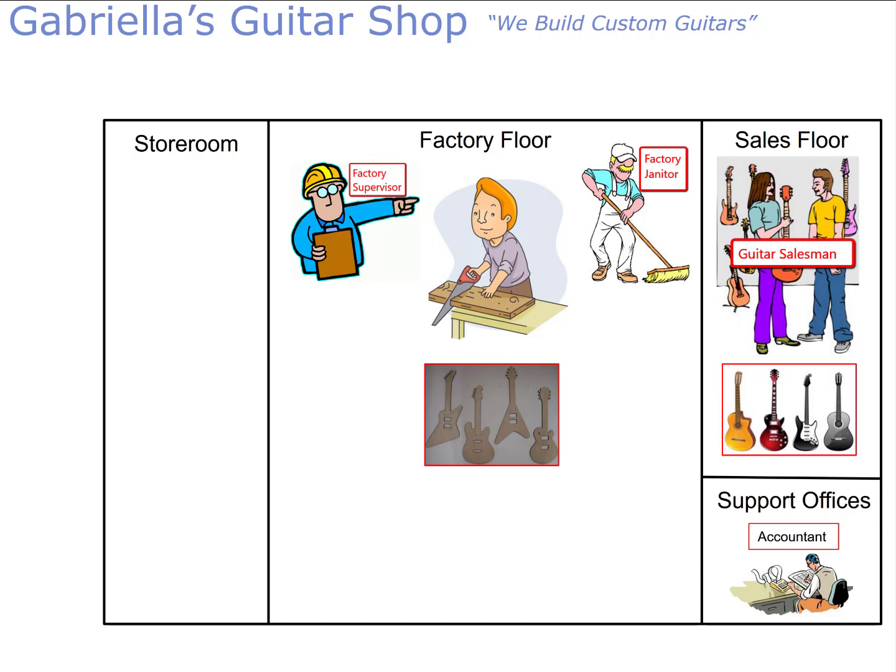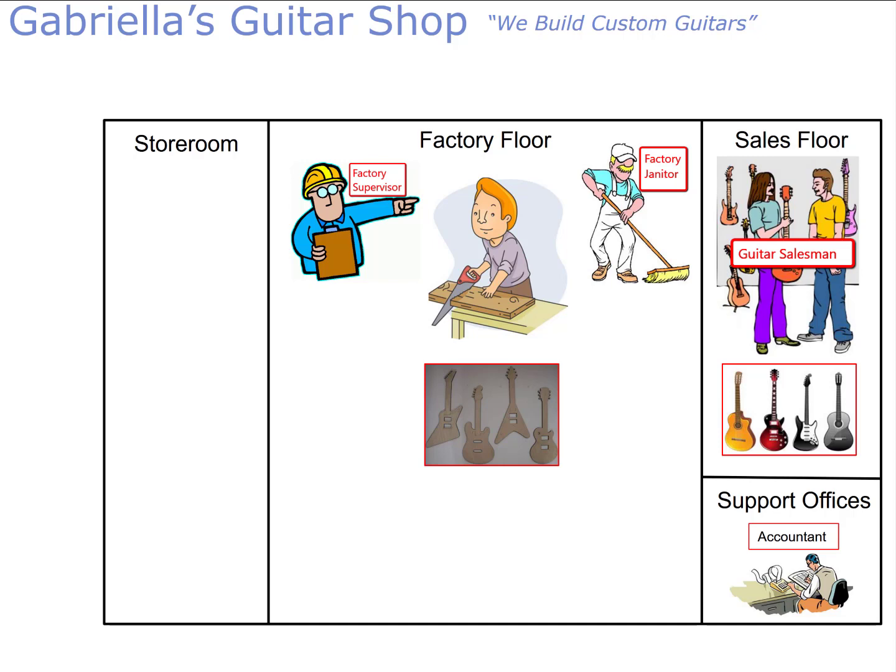Remember, job order costing is used by companies that make unique products or specialized services. A business that builds custom guitars according to customer specifications would use job order costing. Why? Because each guitar will have a different cost because each guitar is different. So we'll use Gabriella's Guitar Shop as our example. They build custom guitars, so their job order costing system will track costs per job. In other words, each custom guitar they build will need to have its cost tracked separately from all other custom